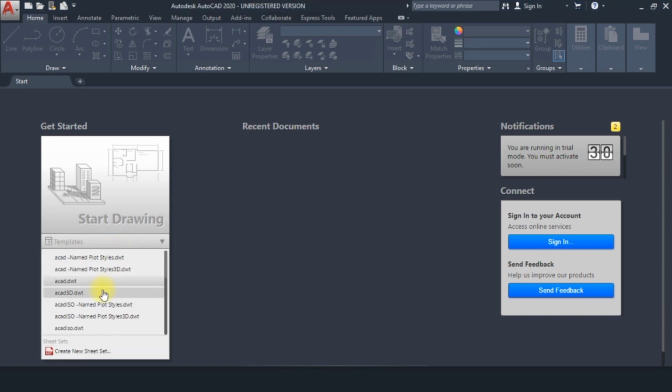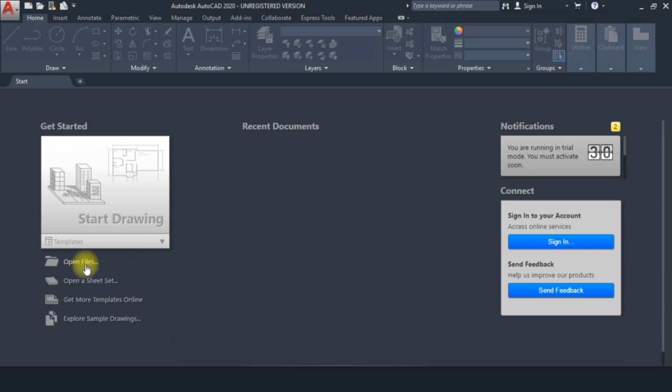So we can say format, in which format we want to work. We will discuss templates and format in an upcoming session. Below templates, here are four options: open file, open a sheet set, get more templates online, and explore sample drawings.